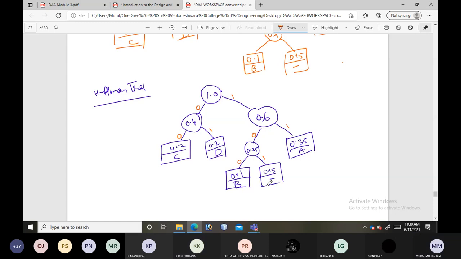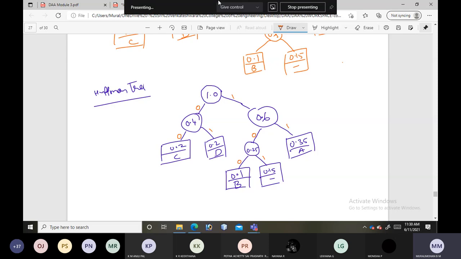Yes, sir. Okay. So now we assigned binary codes for the Huffman tree.